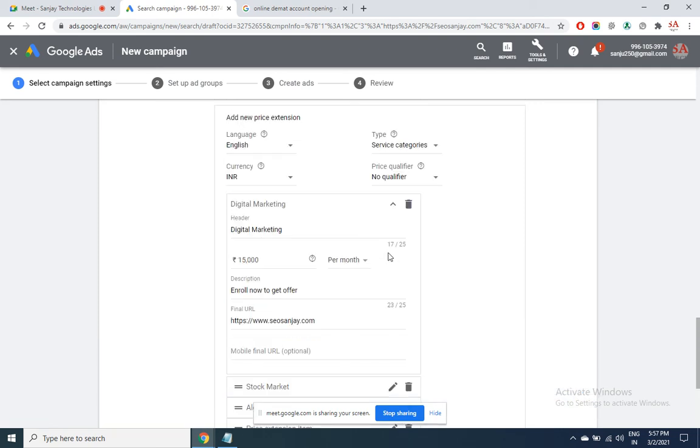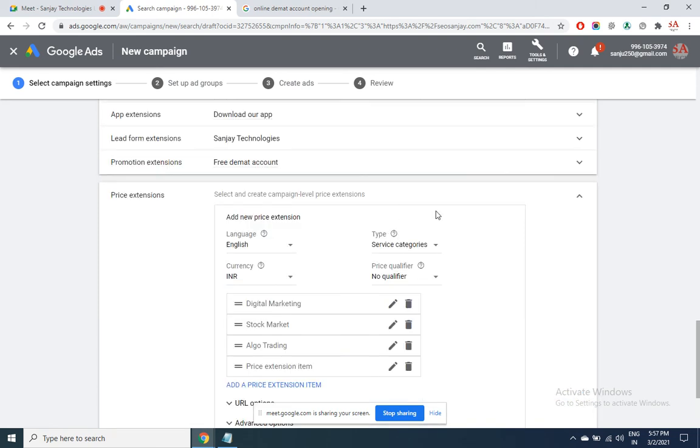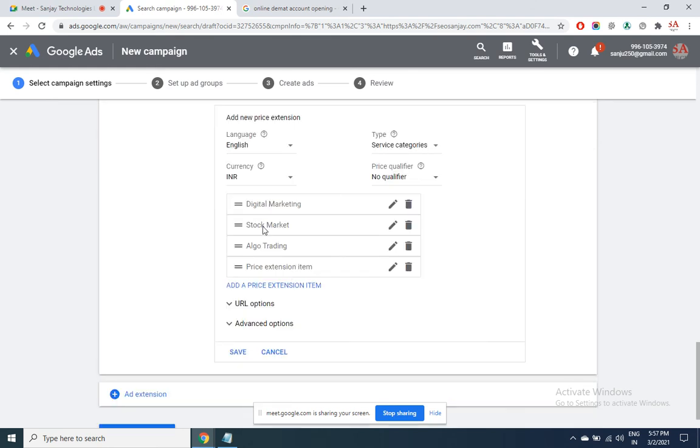Yeah, saved. So three price extensions we are using for our ad.